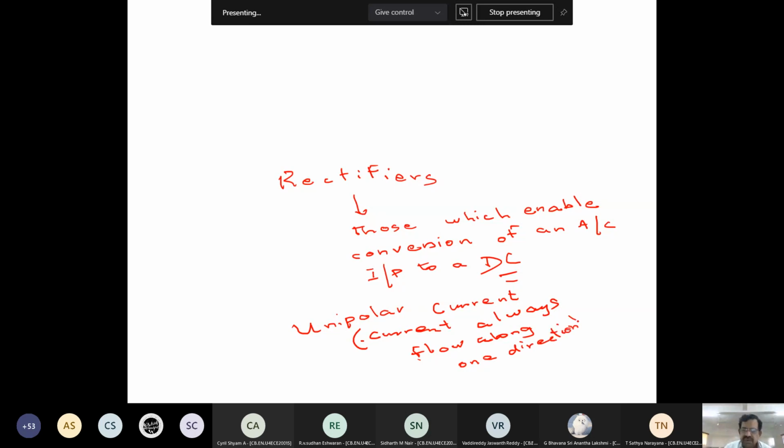Now, where are these rectifiers required? The rectifiers are required in many appliances which require DC. All equipment which we use at home is DC. So you need DC, for example, you see regulators being used in television at home, sometimes in a refrigerator, all electronic and electrical appliances which we use day to day, they require DC.